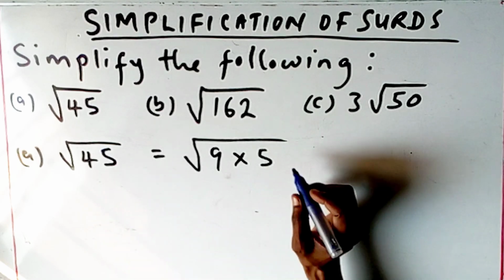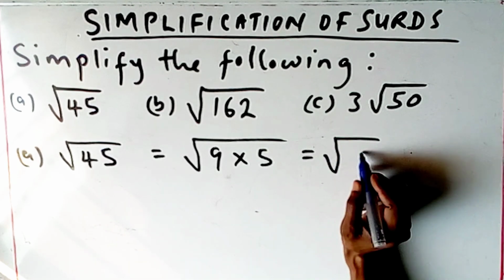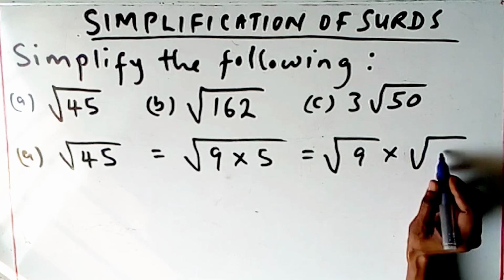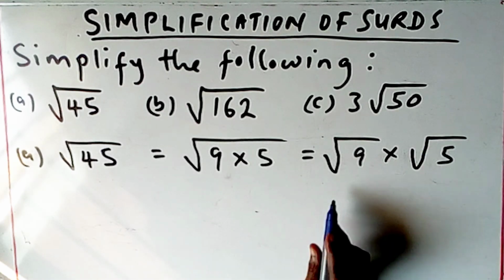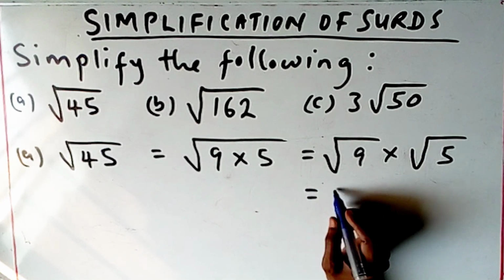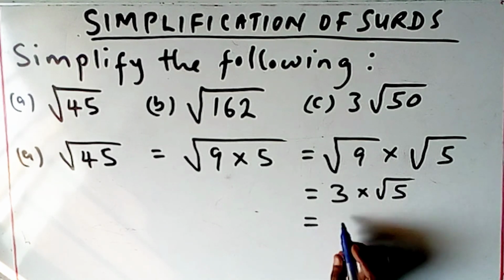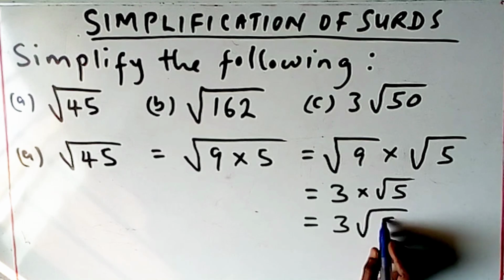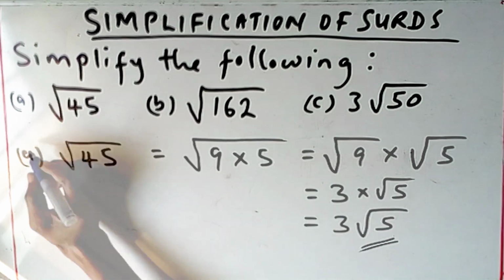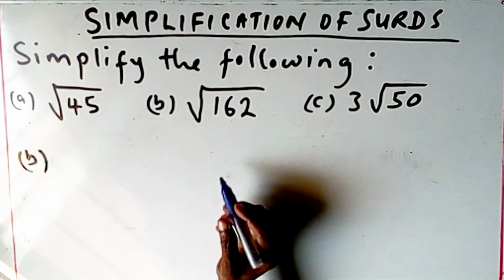If you look at it, 9 is a perfect square. So it can also be written this way: square root of 9 will give us 3, then root 5. Our answer now will be 3 root 5. Then the second one says root